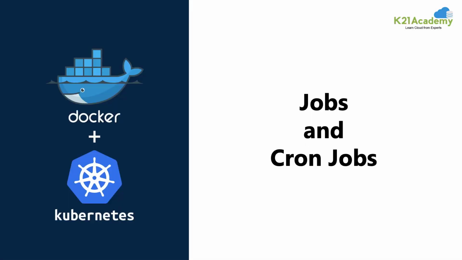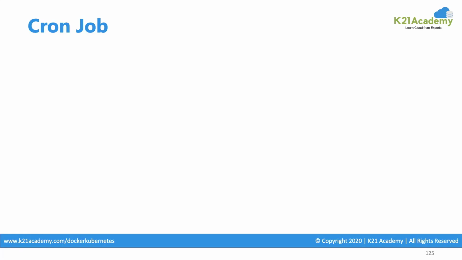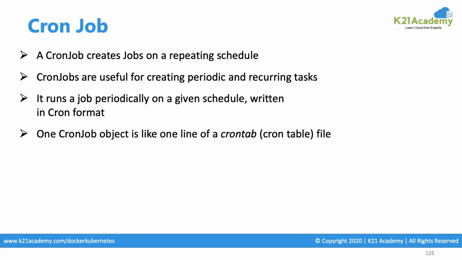In this video, we will discuss the new kind called cron job. So a cron job helps us to create a job on a repeated scheduling basis. We can create any periodic or recurring task. In Linux, we used to have something called a cron job. So you can think, if I have any periodic job that needs to be scheduled, I can write that in a cron format. And the cron job controller takes the responsibility of scheduling the job on a recurring basis and